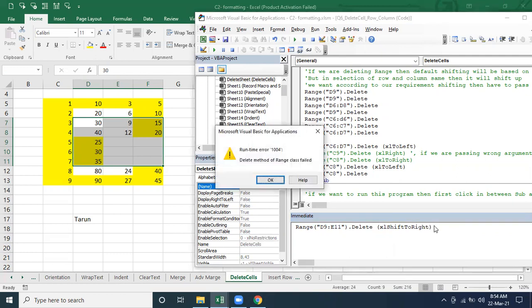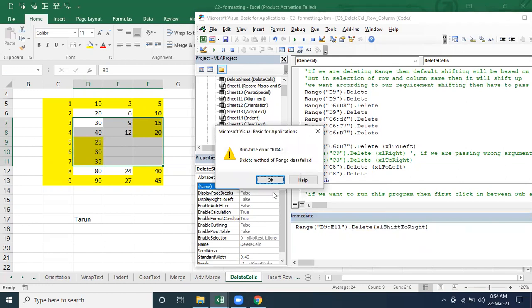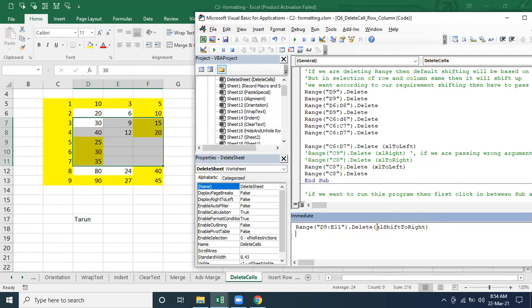Delete. I thought it was a bracket, right? The bracket is there, so it should be in bracket only. No, the other one. How do you call the bracket? Parenthesis, this one. The parentheses. I'm talking about the bracket. Which bracket, this one or this one? No, the shift one. It should be the square bracket, not the parentheses.